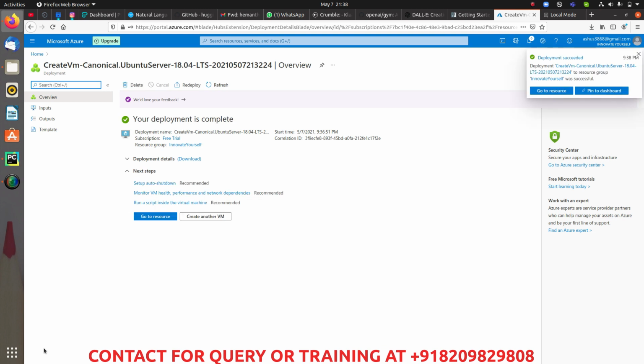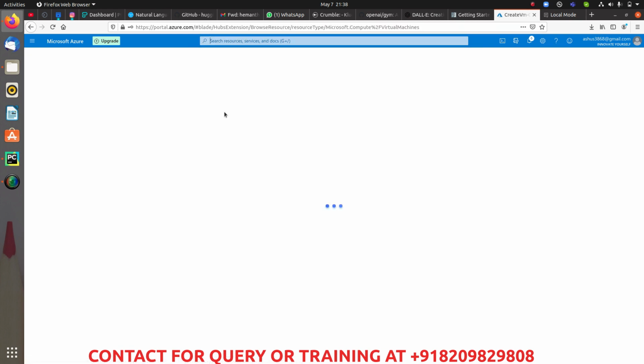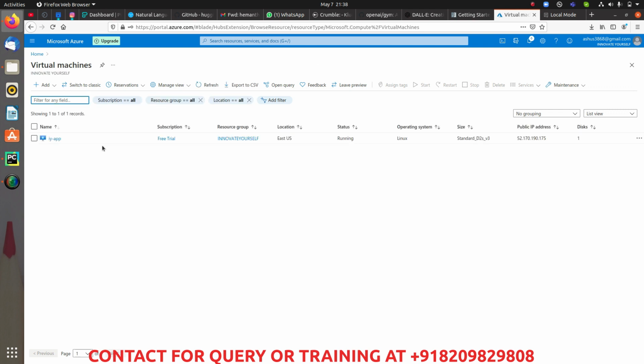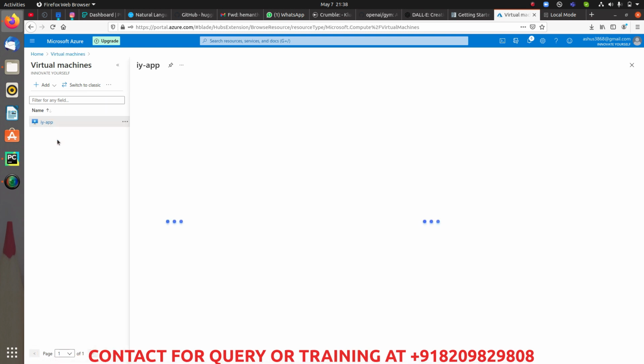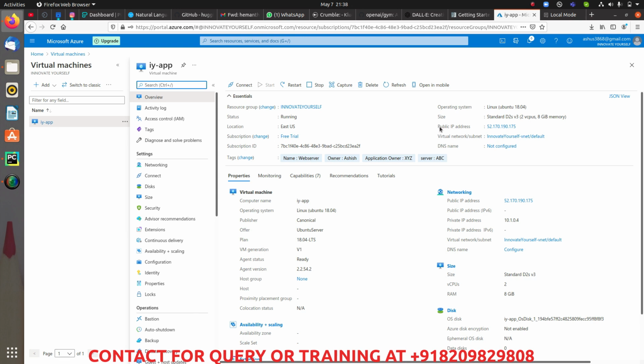All right, so the VM instance is created successfully. Now over here just go and search for virtual machine, click on this. Here you will see that this is the virtual instance which you just created. Now click on this and go inside this, go to the overview, and in here you will get the public IP address. So this is the public IP address which I will be copying from here, and now I have to access it remotely so that I can enter my virtual machine, and accordingly I can set up my project over here, right?